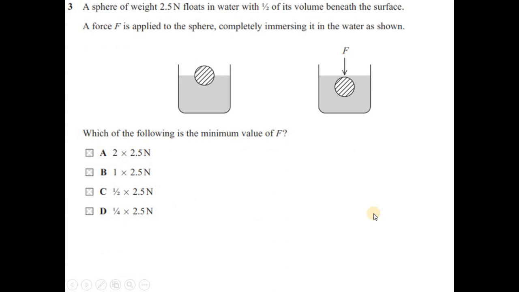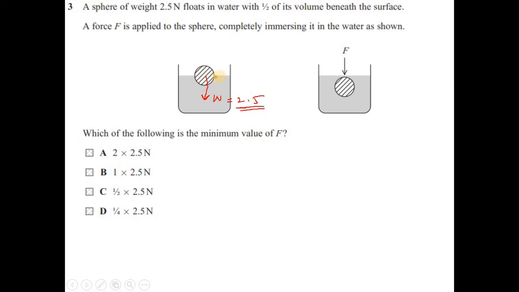Question number 3. A sphere of weight 2.5 Newton floats in water with half of its volume beneath the surface. A force F is applied to the sphere, completely immersing it in the water as shown. Which of the following is the minimum value of F? So if you see, the weight of the sphere is 2.5 Newton and it is floating with half of its volume. So 2.5 Newton is acting downward, and due to this 2.5 Newton, half of its volume is beneath the